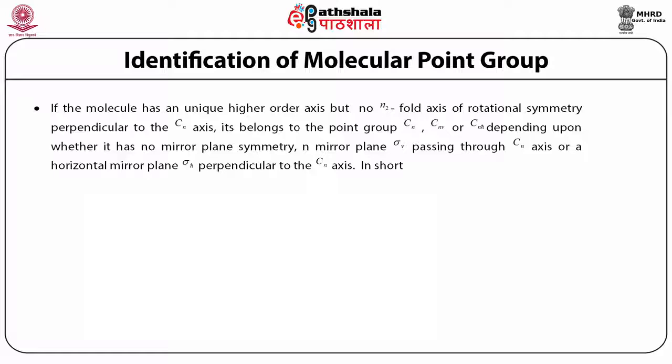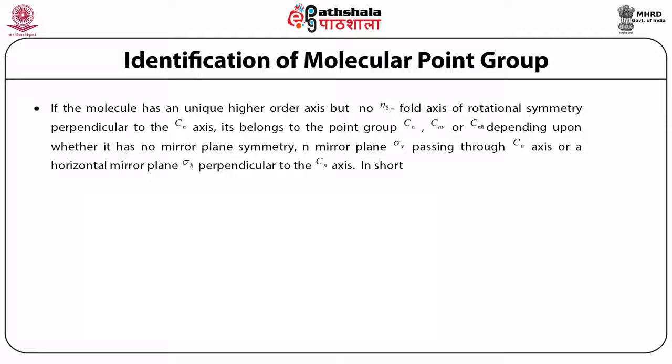For example, if the molecule has a unique higher order axis, that is, a principal axis, such that a rotation by an angle 2π/n is a symmetry of this molecule, and if there are no twofold axes of rotation symmetry perpendicular to this principal axis, then it can belong only to the point groups Cn, Cnv